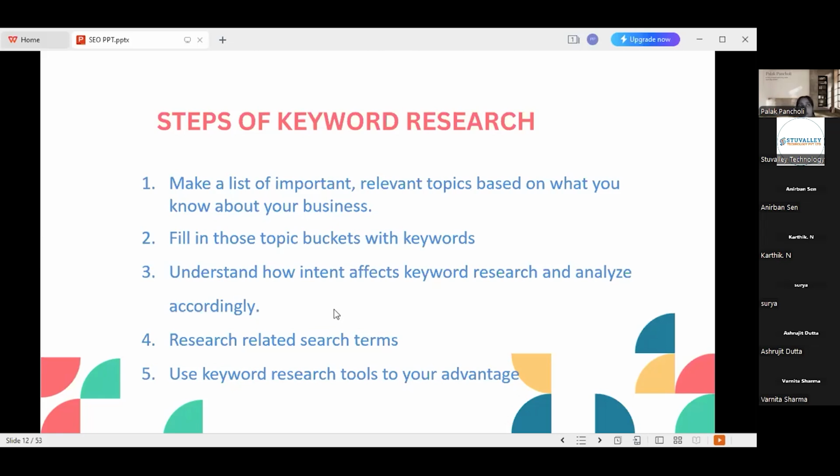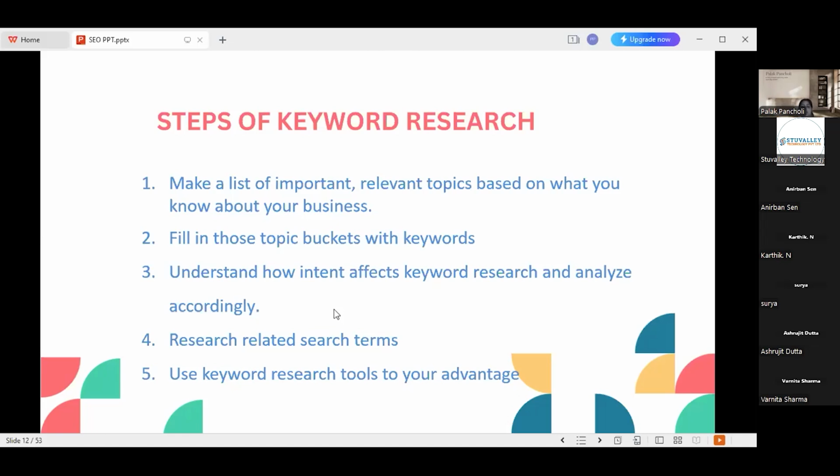If it is an informational keyword, again it is important for our blogging pages, but the informational keyword is for the beginner level of the sales funnel, and the commercial and transactional keywords are the keywords that we can use at the top of the funnel, right?